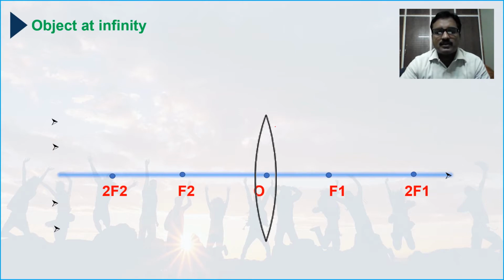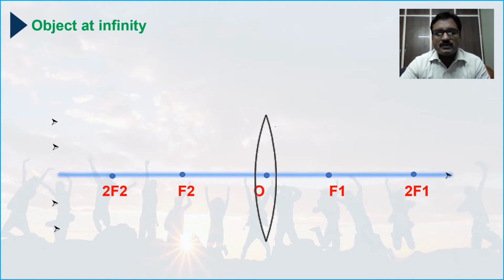On the principal axis we can find these points. This is the pole of the lens, this is focal point and this is center of curvature. Here, already I told you that this is refracting surface 2, and this is refracting surface 1. Due to refracting surface 1, we are going to get these two points F1 and 2F1, and these are the points that we are going to obtain by refracting surface 2. That is why we mention these two as F2 and 2F2. Why are these two F2 and 2F2, and these F1 and 2F1?